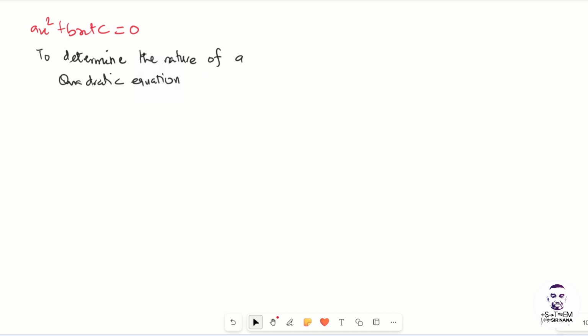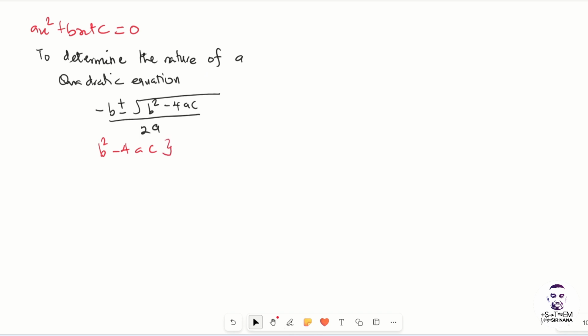So when we solve by completing the square, realize that we get minus b plus or minus the square root of b squared minus 4ac, all over 2a. Now remember that what is in the square root will determine the nature of the quadratic equation. So we have b squared minus 4ac, right? Depending on the b squared minus 4ac we have, that is what will tell us the nature of the